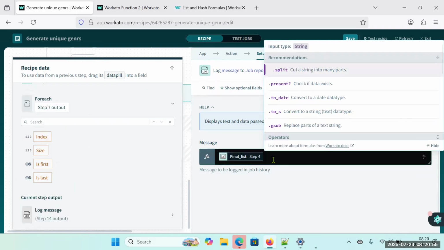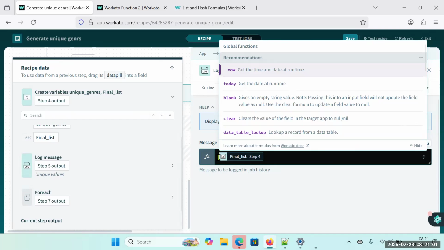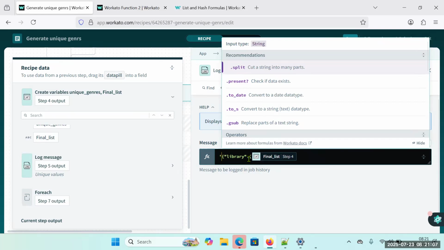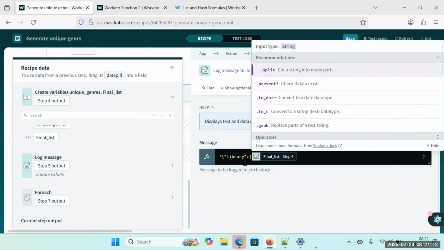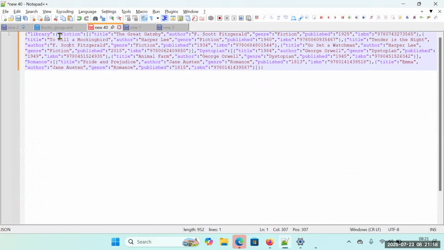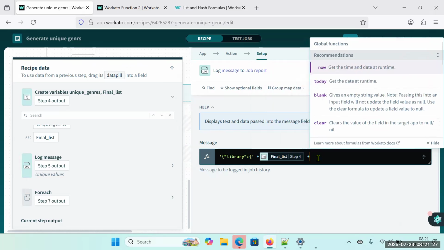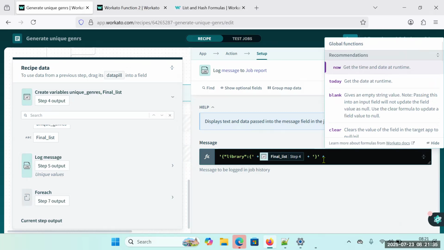So go to the formula mode and then you add this one. You put everything in single quotes. Okay, so now with this one, what you need to do is you have to